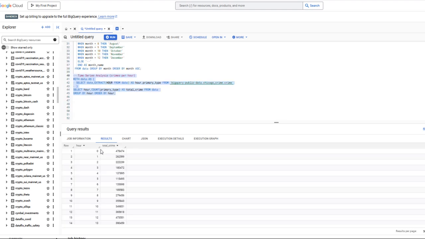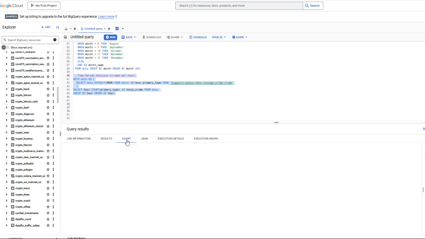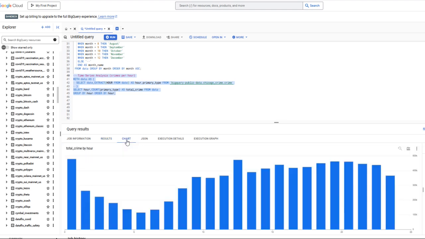And we can see here quite clearly the total crimes recorded, and this feature obviously represents the hour within the day. So one of the key features of cloud infrastructure, so Azure, Google BigQuery, is we can easily visualize the data. And as we can see here, we get a very good understanding of the trends within